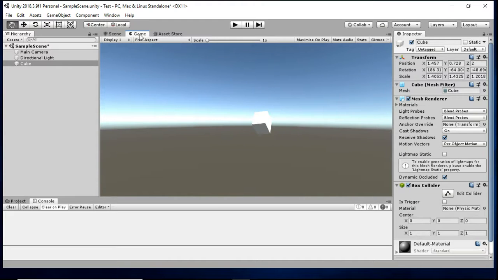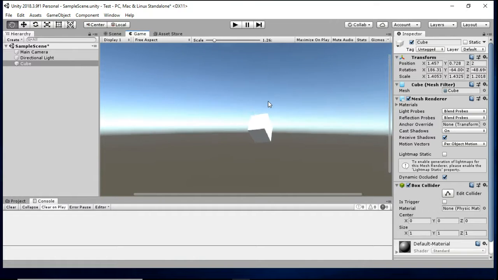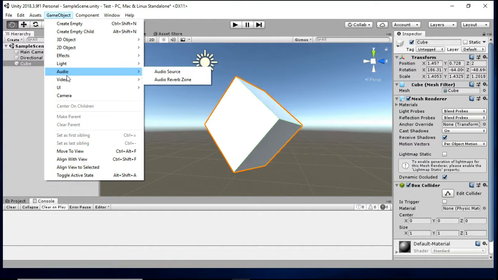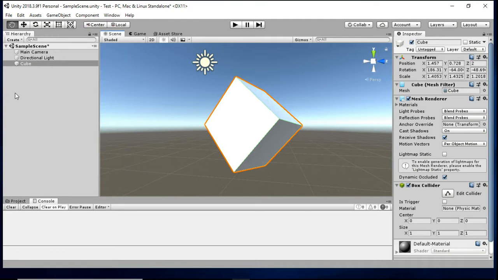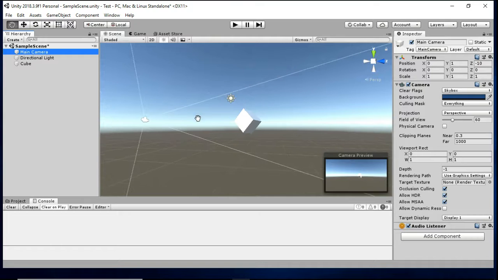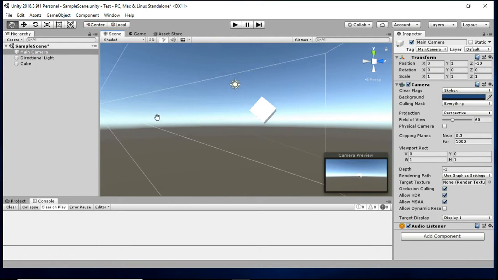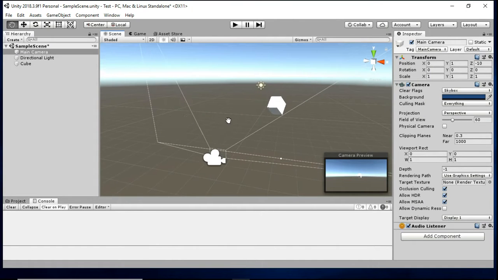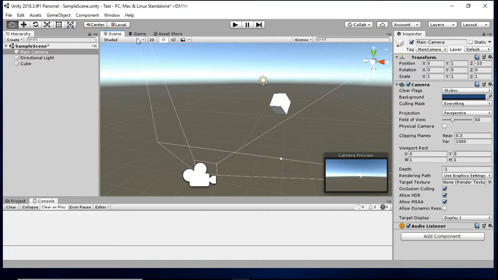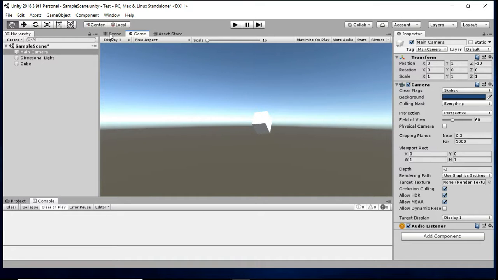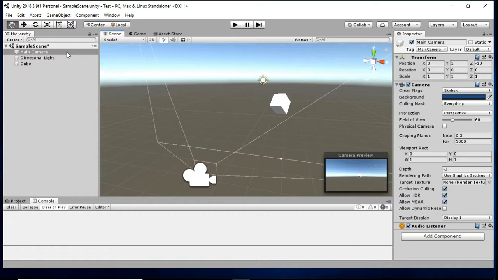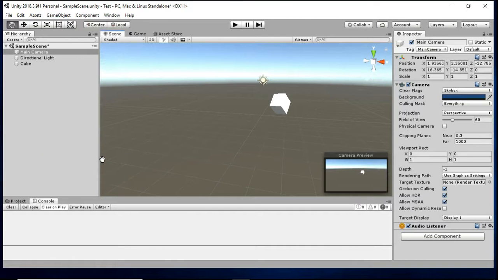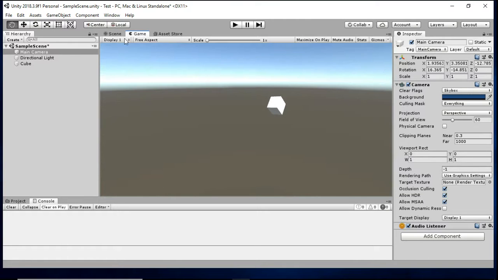Now if you click game, you will see the game view. This is how the user will see. Click the scene and then go to the game object. Click align with view. If you click the main camera, this will align the view according to your camera. Don't worry if you are not able to understand everything at first. Just don't give up and try to explore. If I just zoom in more and align it with my main camera, you can see how the camera preview changes.